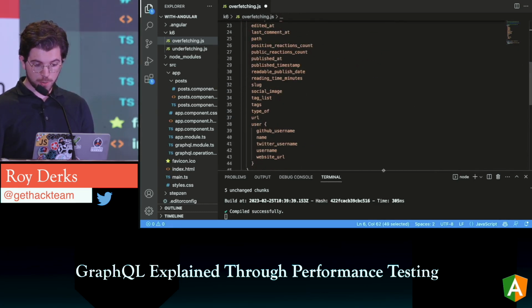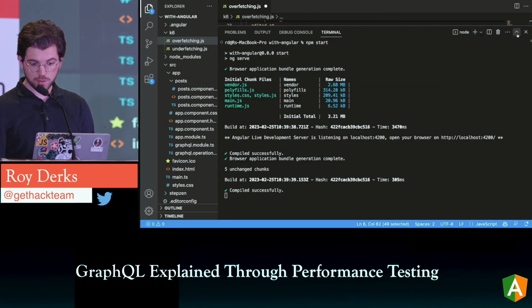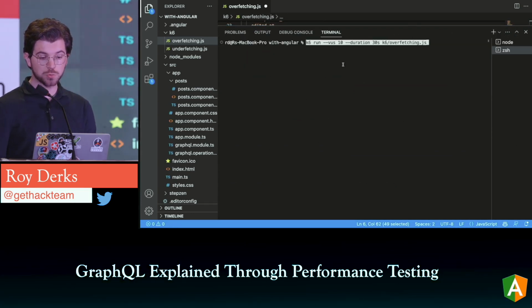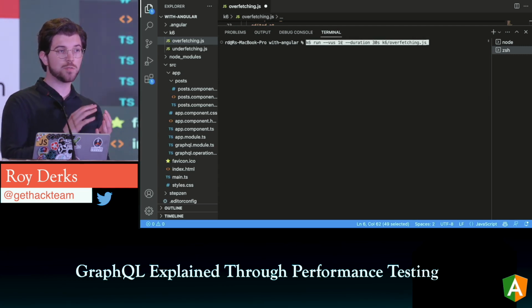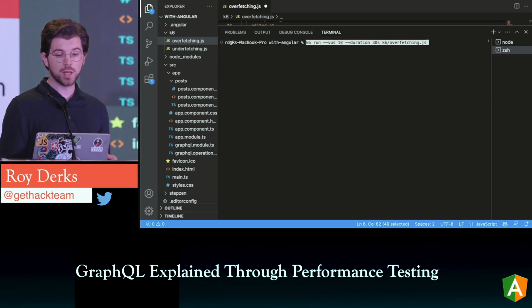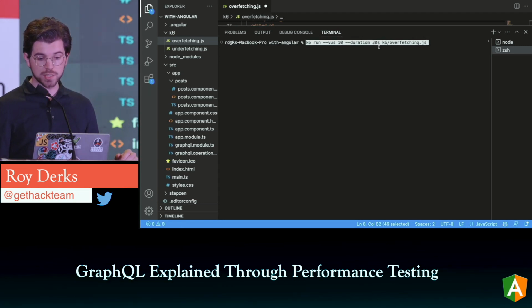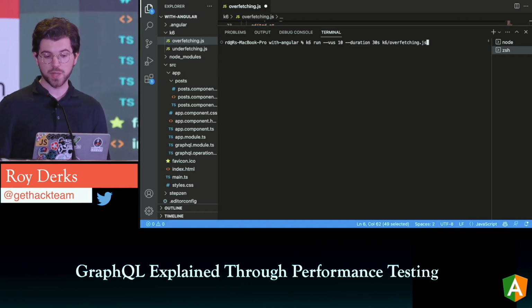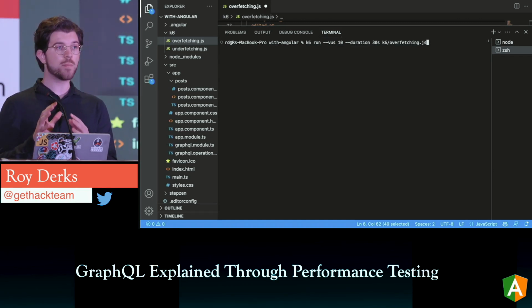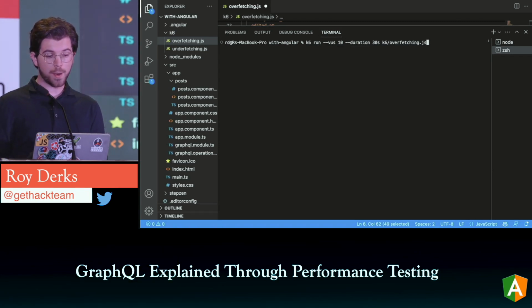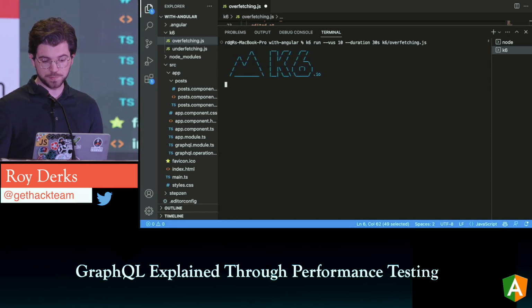And to run this, I can run the k6 command that says run. And let me open a different terminal tab for this. In here we can run the command k6 run. We're going to be using 10 virtual users, so it will be 10 concurrent users that will be clicking away over a time of 30 seconds. And we'll be using this file, which is called k6 overfetching. So first, let's try and see how many requests we can do in 30 seconds for 10 concurrent users once we're getting all the fields, and let's see how much data that would produce.